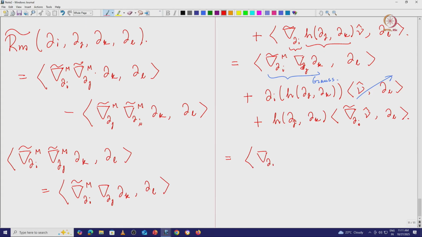One will be the intrinsic nabla del I del j del k acting on inner product with del L, plus again there will be a second fundamental form term h of del I comma this times nu hat times del L, okay, plus this final term which is this,